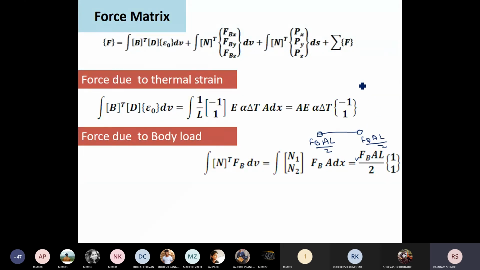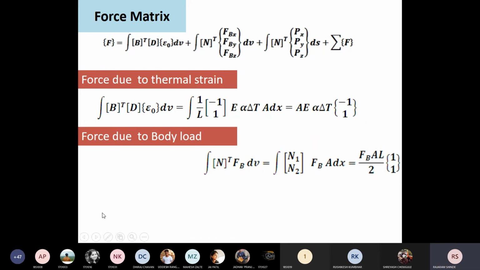That means here area into length is volume and Fb is your force per unit volume, so total force is FbAL, and out of this total force half the load is acting at node number 1 and half the load is acting at node number 2. So this total load is equally divided on two nodes. Okay, now this is about the body load. Next,